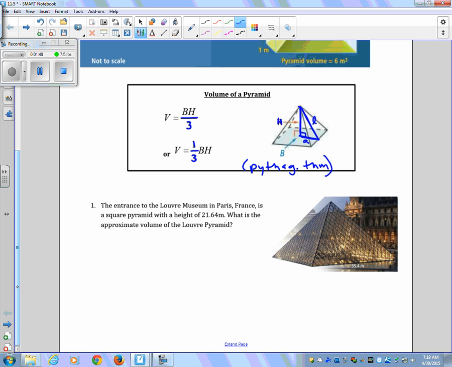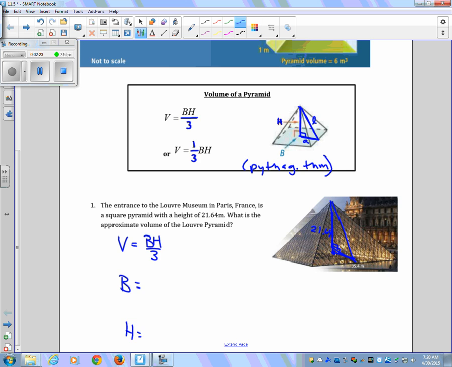The entrance to the Louvre Museum in Paris is a square pyramid with a height of 21.64. So that means inside here, all the way down to the base, is going to be 21.64. So to do the volume, we need BH over 3. So we need to make our list, and our list is just going to include B and